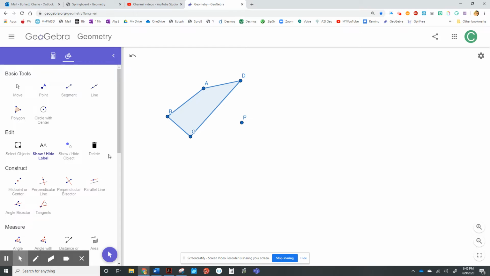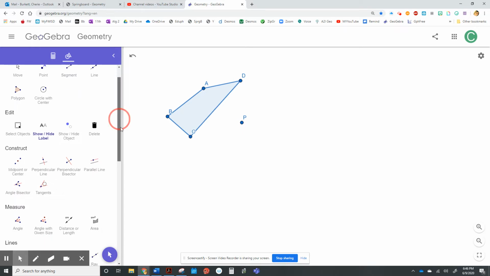Okay, so anyway, it says to then plot a point P that will serve as a center of rotation. Use the software to rotate the quadrilateral 120 degrees counterclockwise. Okay, so I've got the quadrilateral, I've got the point P, I've got my directions on how I'm going to